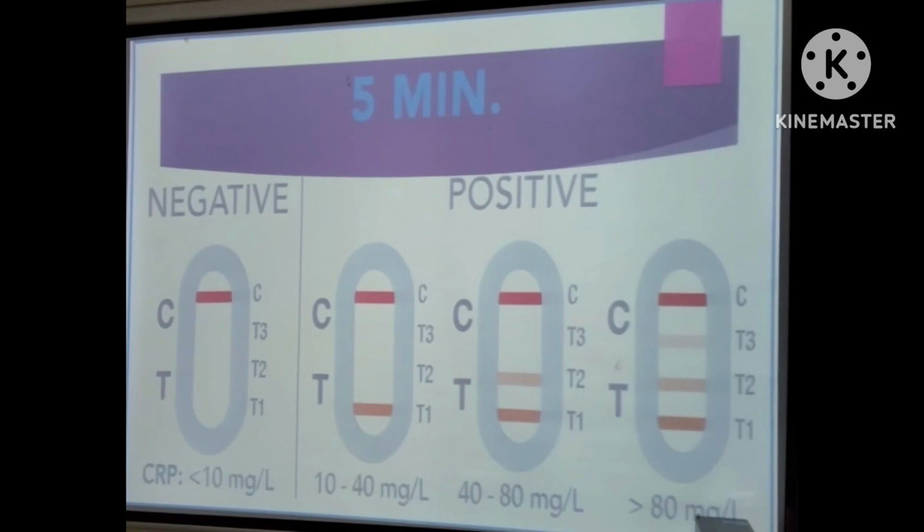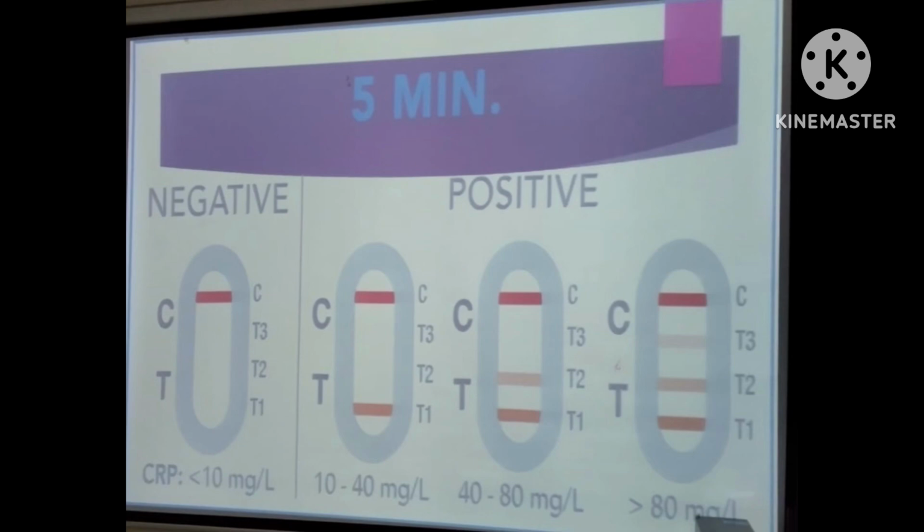In positive results, the CRP is between 10 to 40 mg per liter and there is control line plus one line T1. In positive results between 40 to 80 mg per liter, there is control line plus two test lines T1 and T2. In positive results greater than 80 mg per liter, there is control line plus three test lines